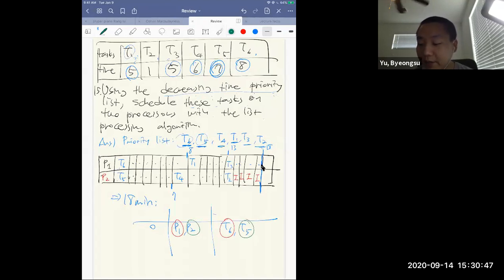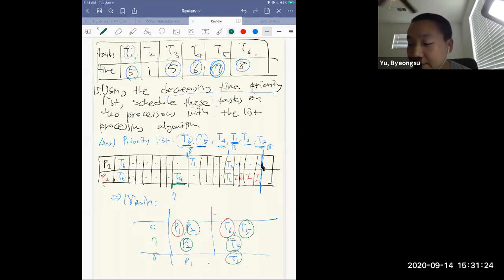Then after 7 minutes, P2 is available because T5 was done. Now the available job is T4, so just put T4 here. And at the 8 minute mark, P1 is available, so just put the next priority one, T1, here. T4 takes 6 minutes and T1 takes 5 minutes. So after 13 minutes,